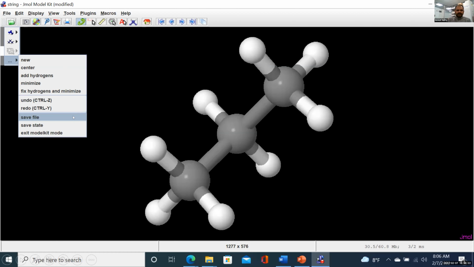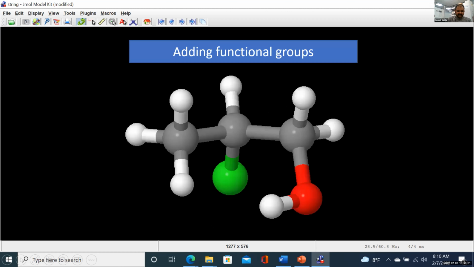If you want to save it, just go to this panel and mol file, and it will save. You can save it on your desktop or any location. If you want to add functional groups, again you have to go to the molecular function level, and there is one panel where you can add different functions. Like I added this oxygen OH group, the hydroxyl group, and this is the chlorine. Chlorine is green, and oxygen is red.